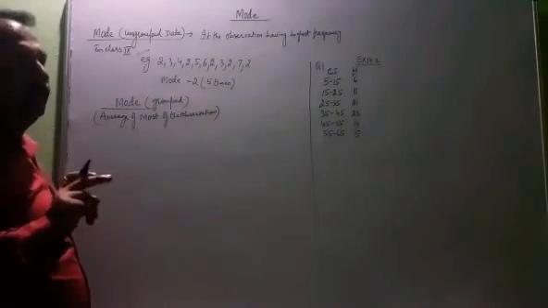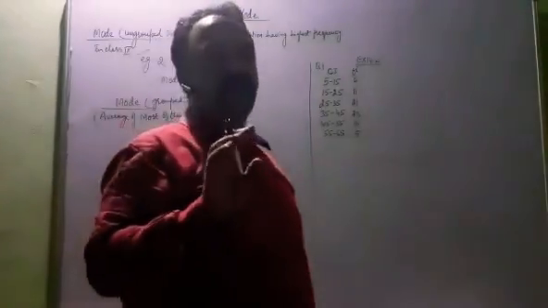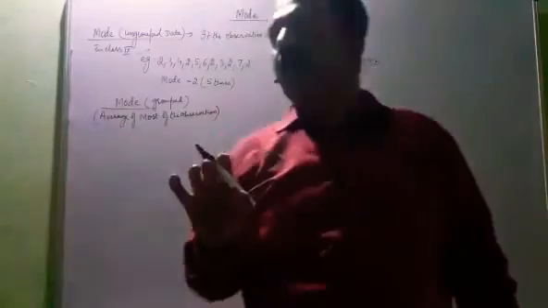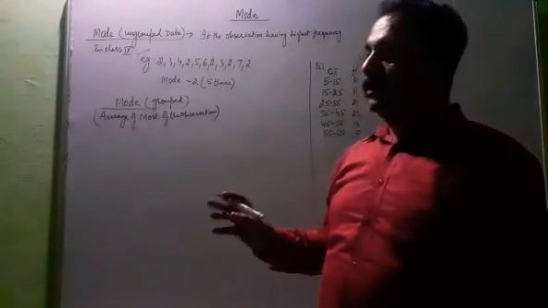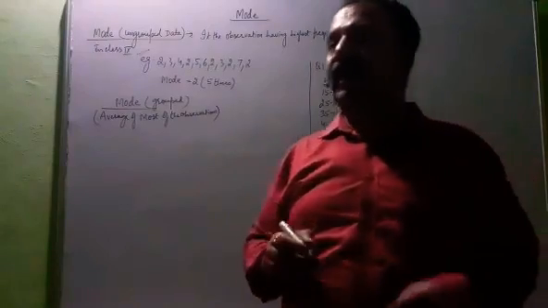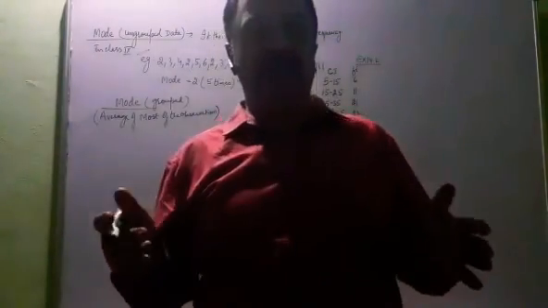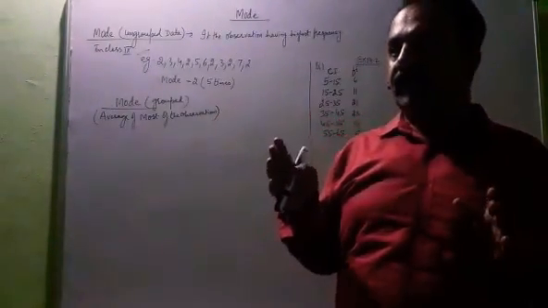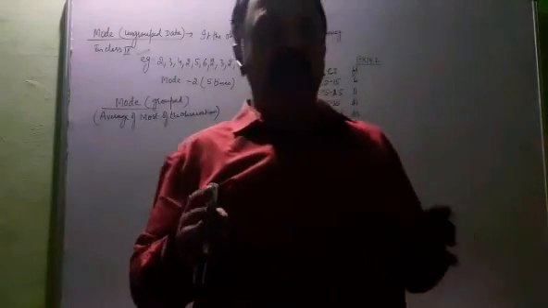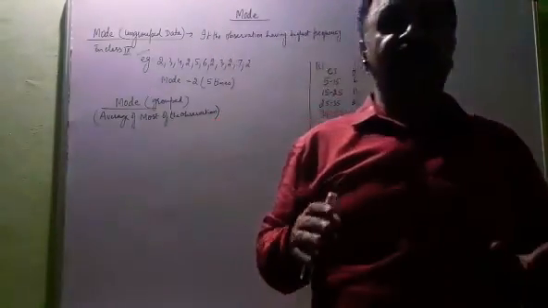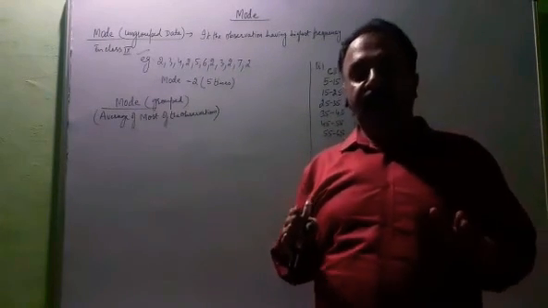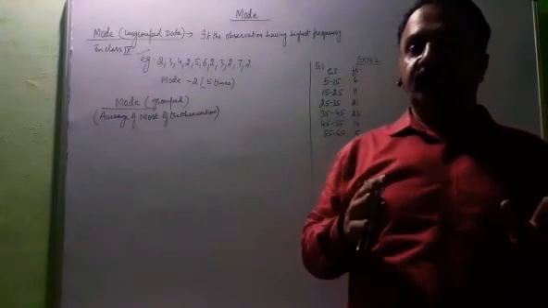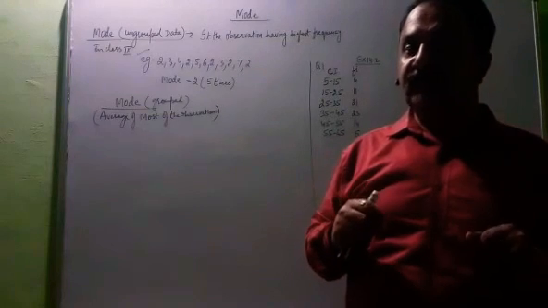Now the other name for mean is also average. Now here also it is average. So what is the difference? Mean is an average of all the terms. That means if we are conducting a test of 40 students and we are going to find out the average marks of the students in the class, then we calculate the average of all the 40 students. That is known as mean.